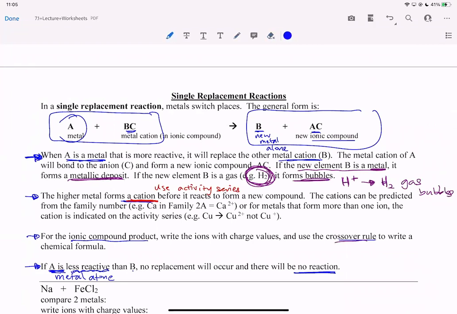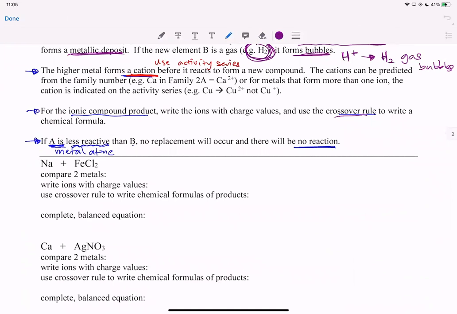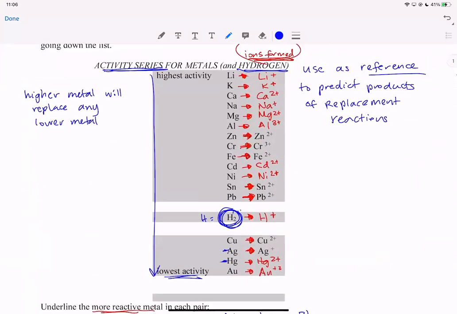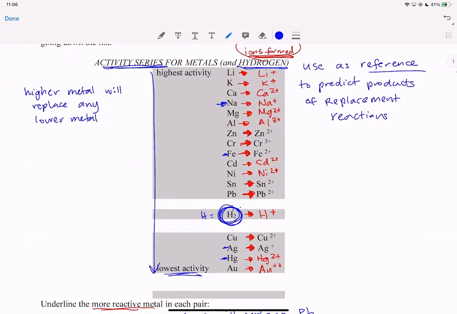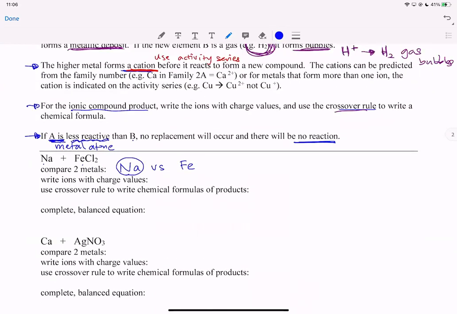So let's go down and predict these. When you are given two reactants, like here, you are given this Na and FeCl2. So you have a metal and you have an ionic compound. You want to compare those two metals. So the element symbols are Na versus Fe. So go back to your activity series and look at the sodium versus the iron, Na versus Fe. So here's Na and here's Fe. You can see that the sodium Na is higher. Okay, so you just need to decide who's higher. So sodium is higher,